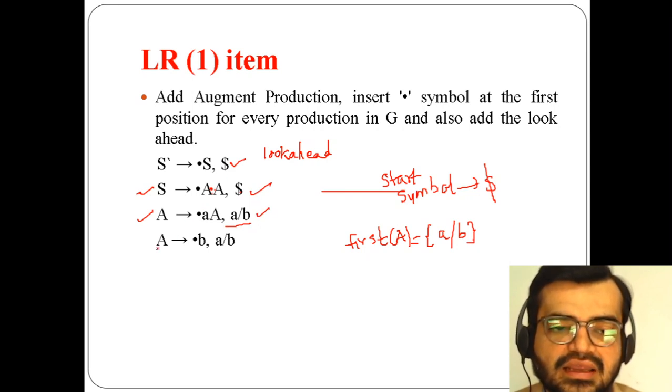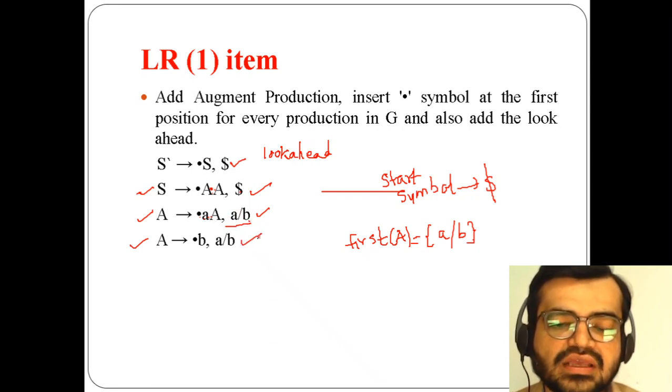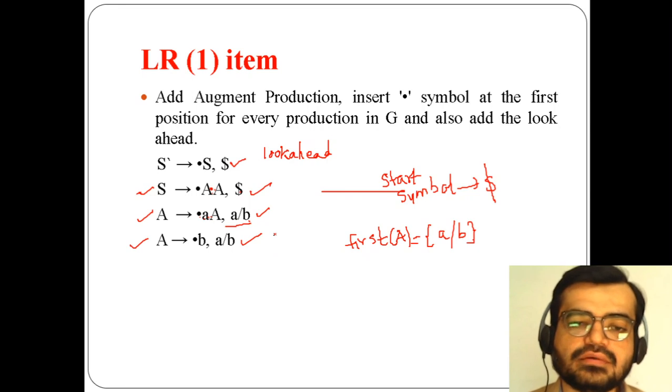Similarly, in this production, dot b is there. So here, when I'm opening after a, dot is there. Here I'm opening a, so when I'm reading a, after a nothing is there, right? Nothing is there. So here I have to follow the previous look ahead symbol. That's why I'm using a/b in this also. So in this way, the look ahead symbol has to be performed.